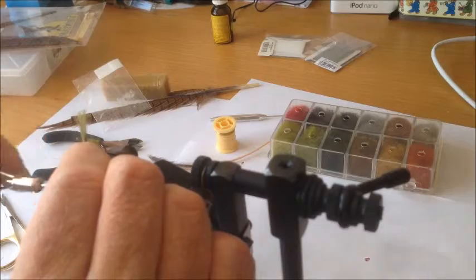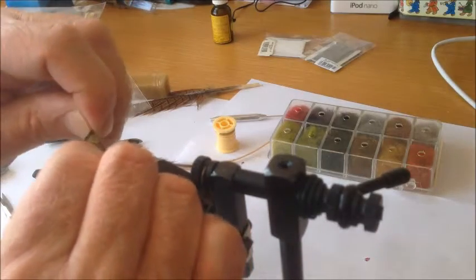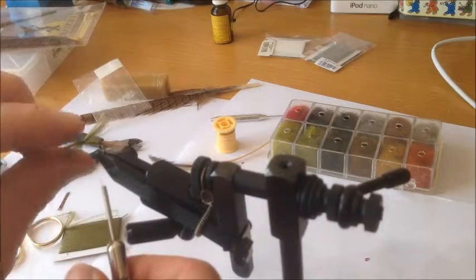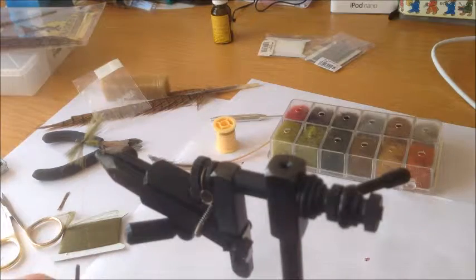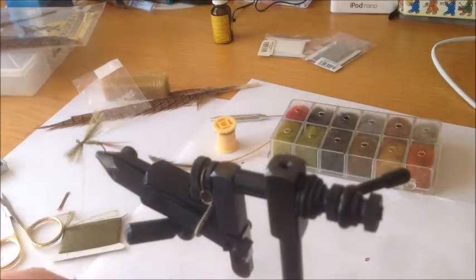hook. I just catch it like that, pull it straight, and then I will just put a couple of loops of thread around it to pull it at right angles to the hook body. So there I have my piece of synthetic wing tied in quite nicely and squarely to the fly. And then what I will do is I will just